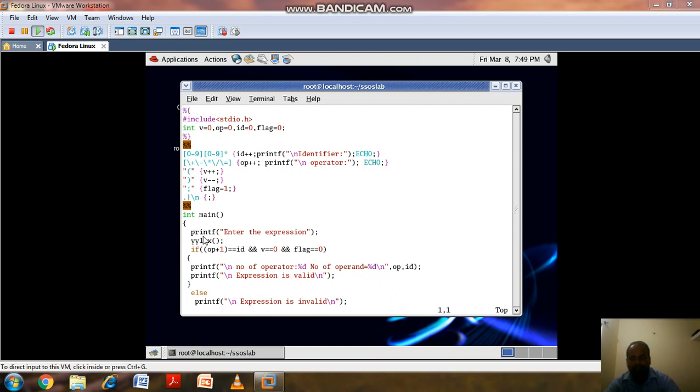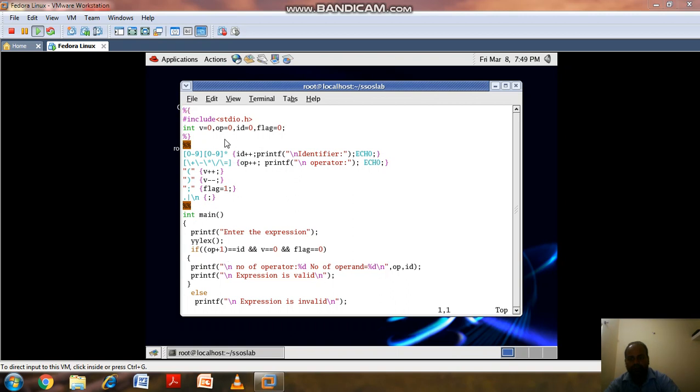Next comes the main function. In the main function, we will enter the arithmetic expression and call yylex. yylex will receive the arithmetic expression, and the action part will be taken on it.